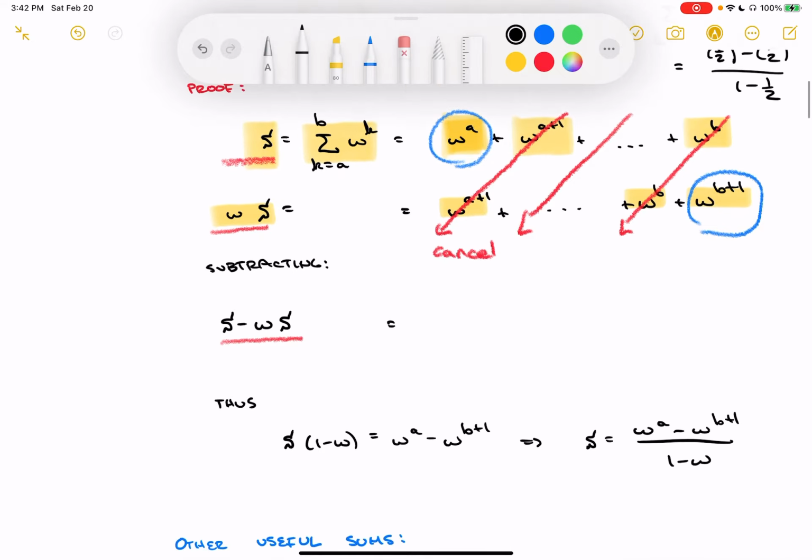So if I go ahead and then carry out the right-hand side with all those term cancellations, I'm left with just w to the a, right? And I'm going to have a minus w to the b plus 1. If I go ahead then and factor out the s on the left-hand side, right, I'm going to get s times 1 minus w. That's equal to the right-hand side, w to the a minus w to the b plus 1. And if I solve for the s by dividing both sides by 1 minus w, I end up getting